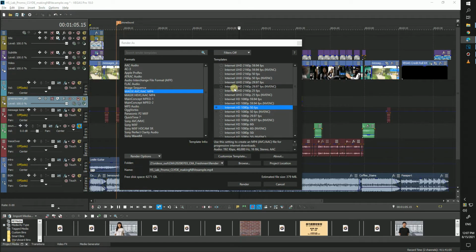Because our raw footage only goes up to 1080p at 50 frames per second, choosing a setting that goes higher than that footage will just result in a much larger file size that is only able to display the video in the settings that it was originally shot in.